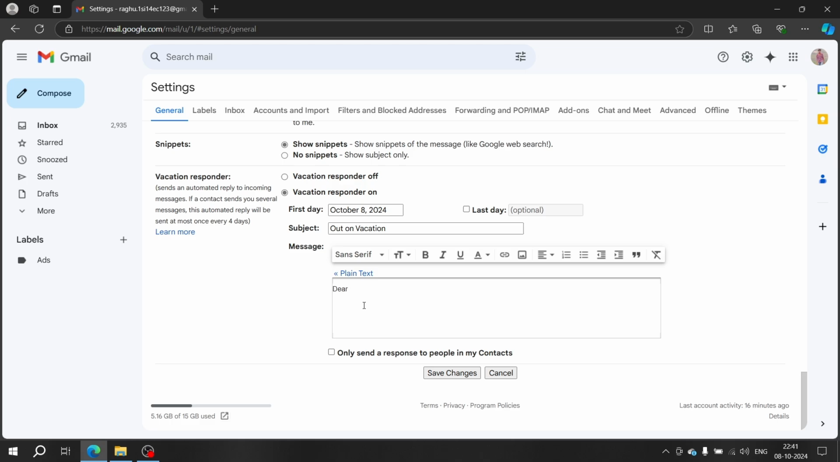Dear sender, I am out of town. Please wait for my return. That's it. Now, if you hit save changes, you can also specify from what day to what day you want